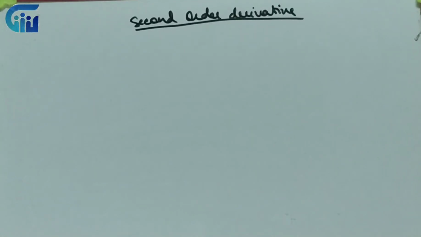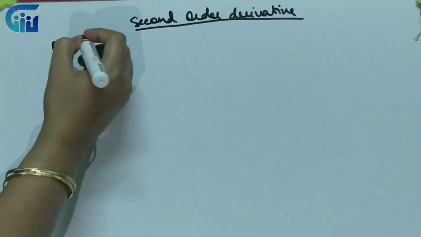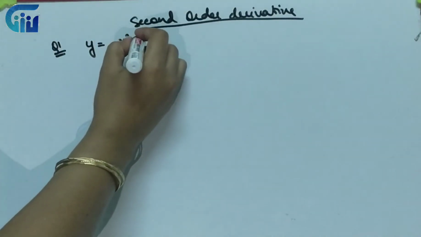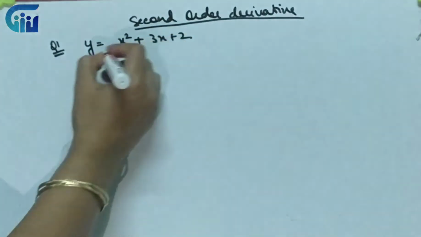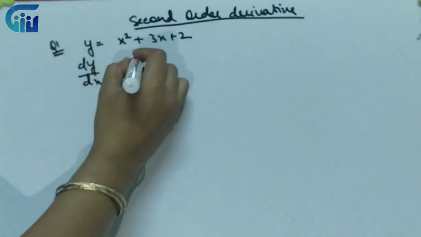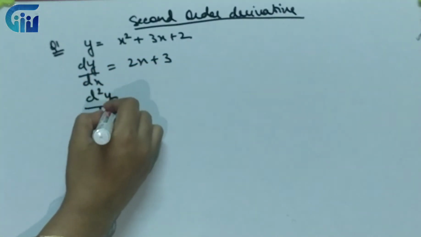Second order derivative. Now what do we mean by second order derivative? We will take question number 1 of exercise 5.7 to understand this particular concept. What we actually mean by second order derivative is differentiating whatever we have differentiated first. Again we say it is second order derivative. We write it as d square y by dx square.